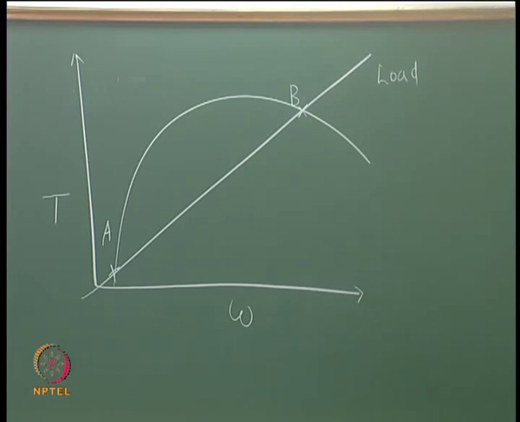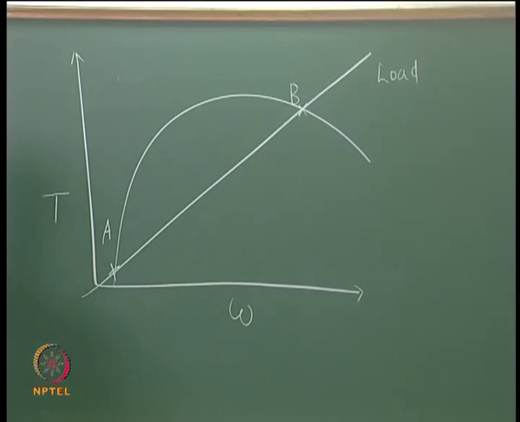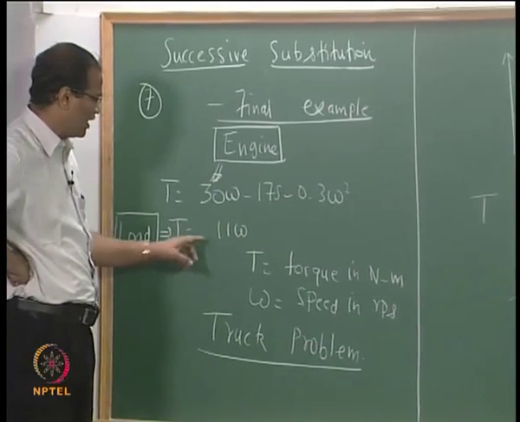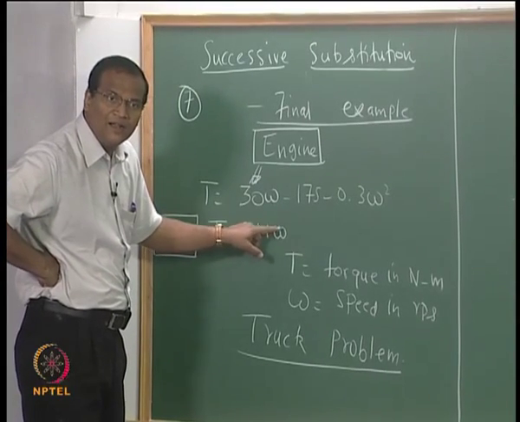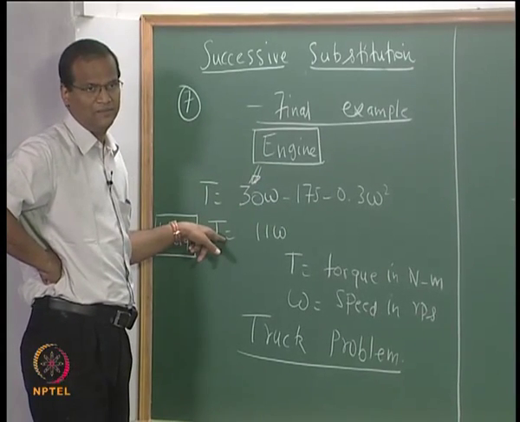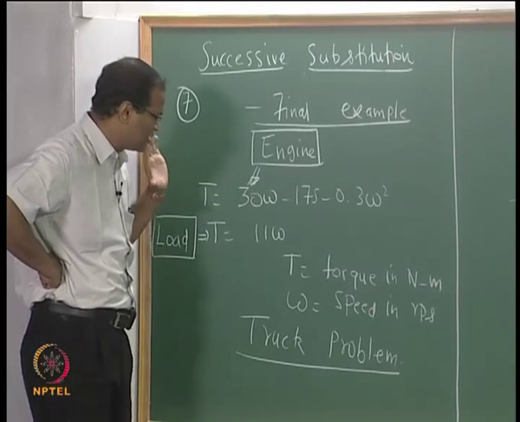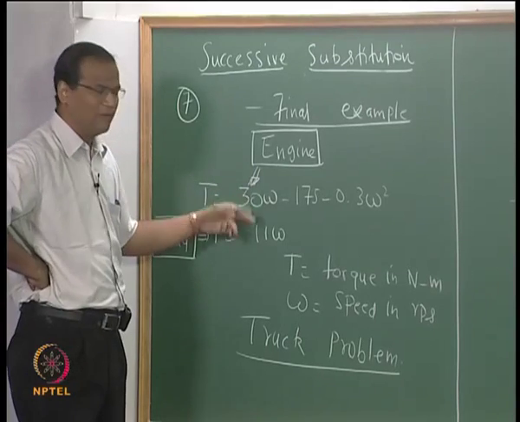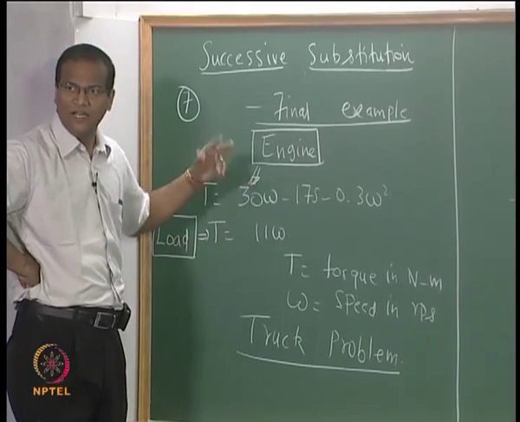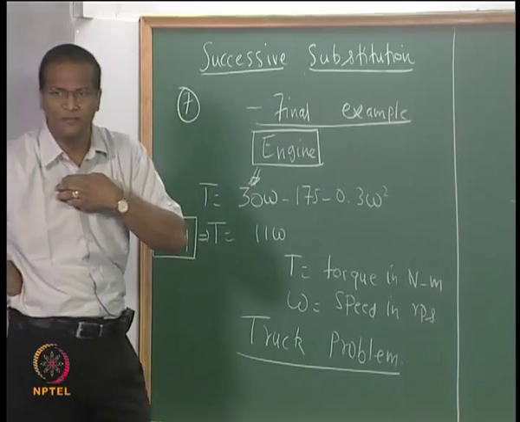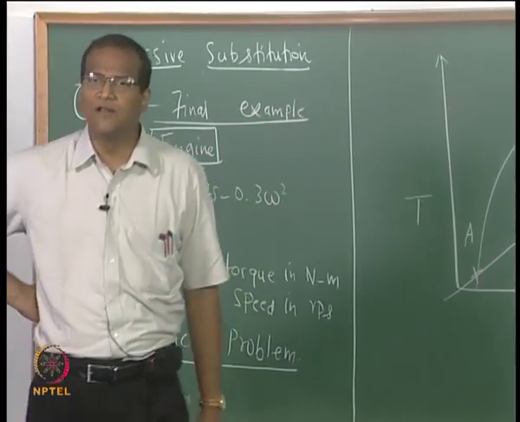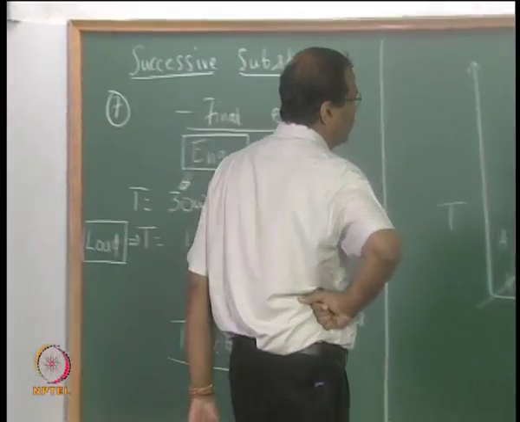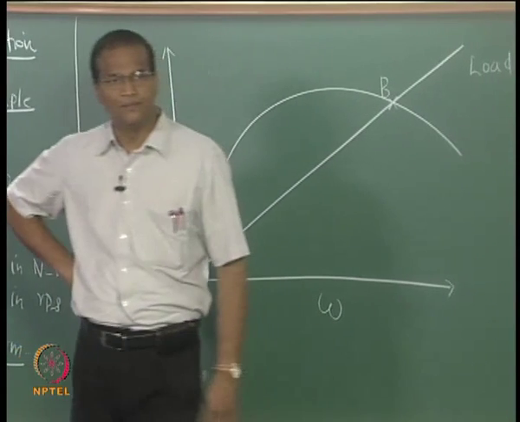So, you can use two information flow diagrams. That is, this information flow diagram can be used to determine T from omega, or you can write omega is equal to T by 11 and use it to determine omega from T. If you use the equations as such, it will give you one information flow diagram. One of the two equations you have to change, or you can invert and then have the other information flow diagram. So, the two information flow diagrams should lead to different solutions, but both are possible solutions, but later on we will discuss whether you want the truck to operate at point A or point B.